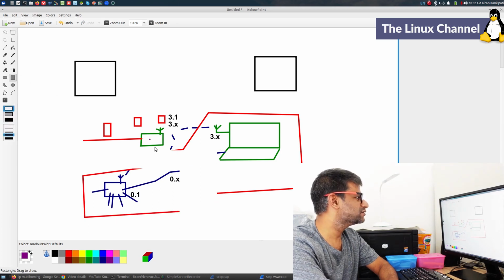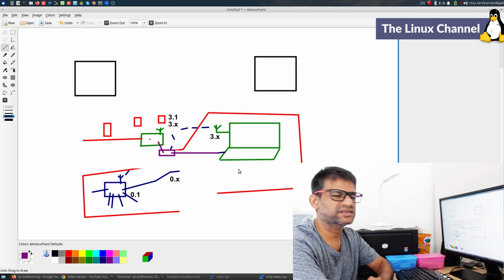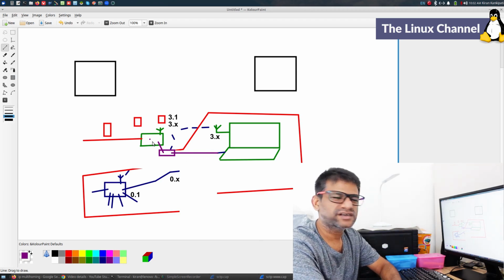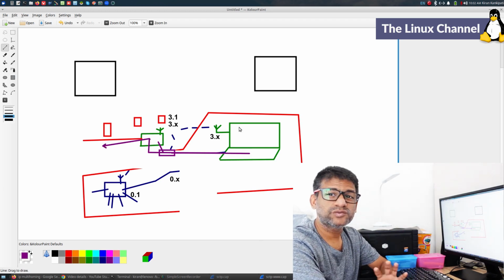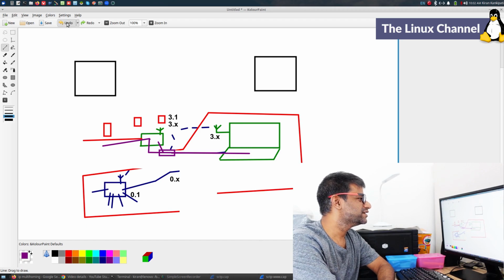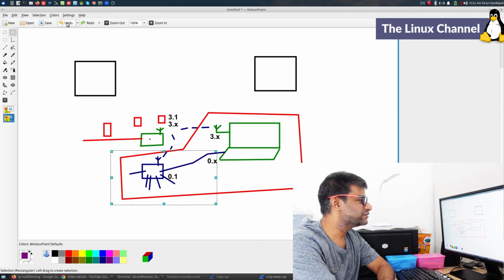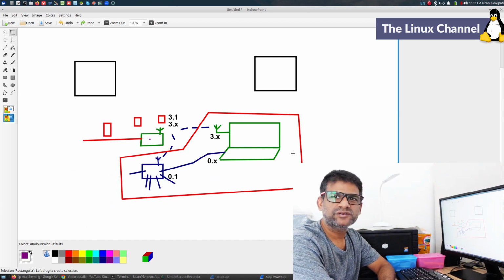I can have a switch here and connect this wired network of this router LAN port to this, and this I can connect to the laptop. Then it is fine. It can prefer this wired network because the packets will go to the switch, from the switch to this router, and then it will leave here. So hope you got an idea what you can do when you need something like a multi-homed setup.